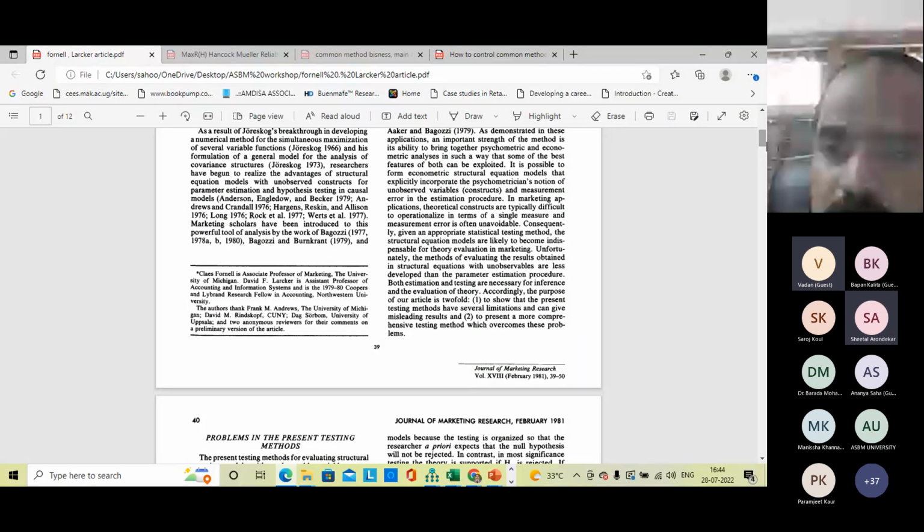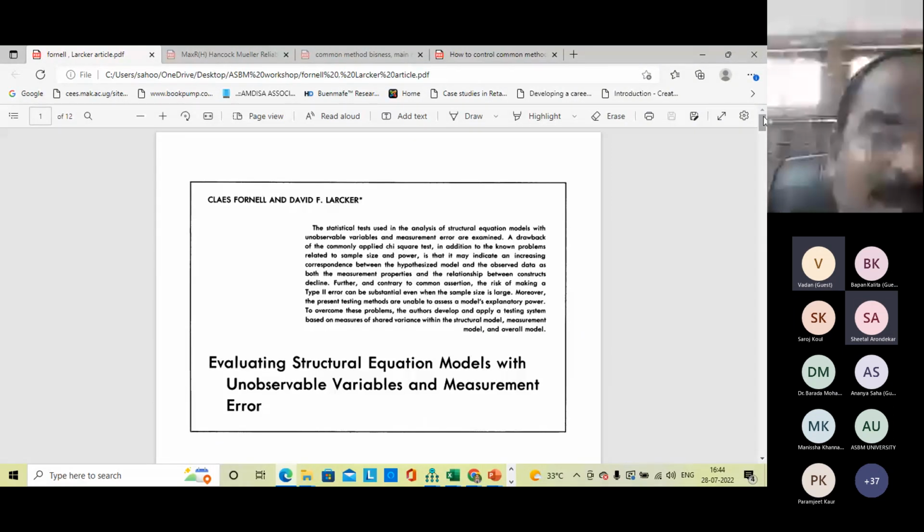The validity can be explained by convergent validity and discriminant validity. For the convergent validity, the AVE, average variance extracted,